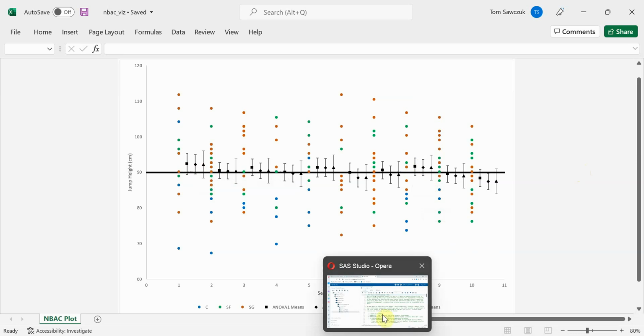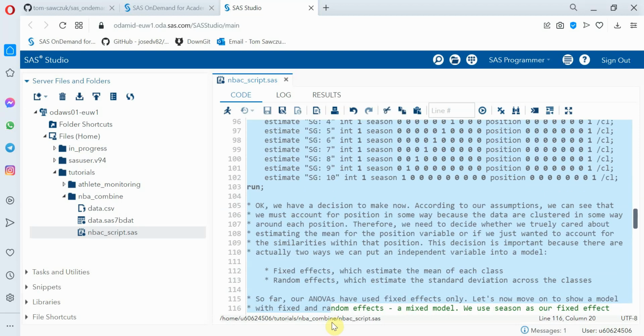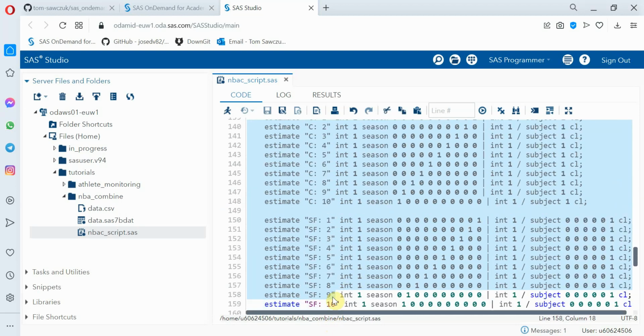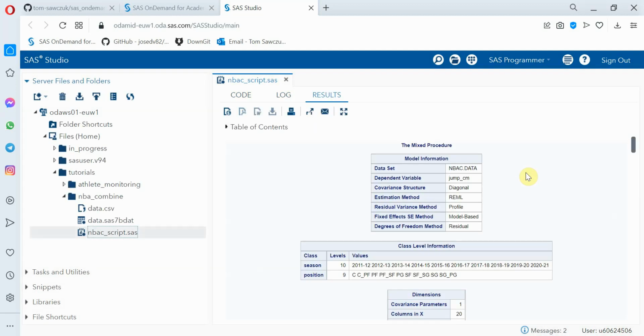So if we move over to SAS and run both the two-way ANOVA, which starts on line 65, and the mixed model, which ends on line 171, we can start to look at these differences. And one of the key differences to look at is the degrees of freedom. Now, because